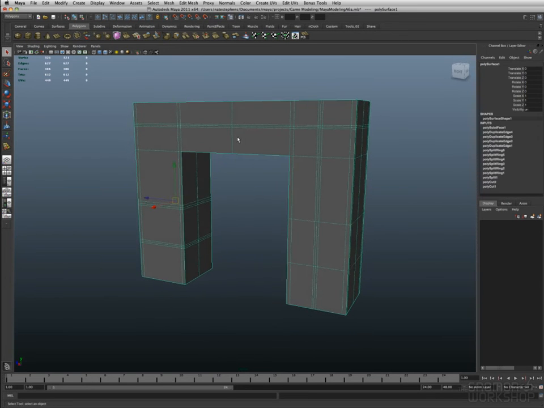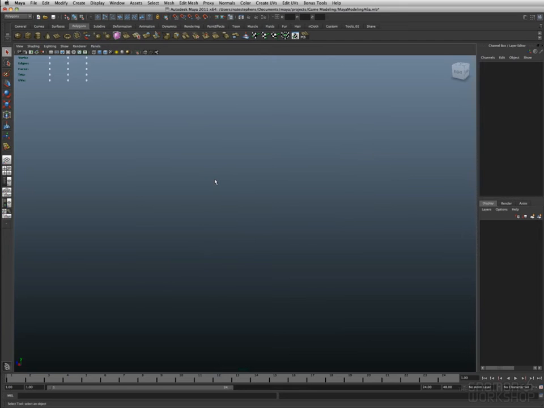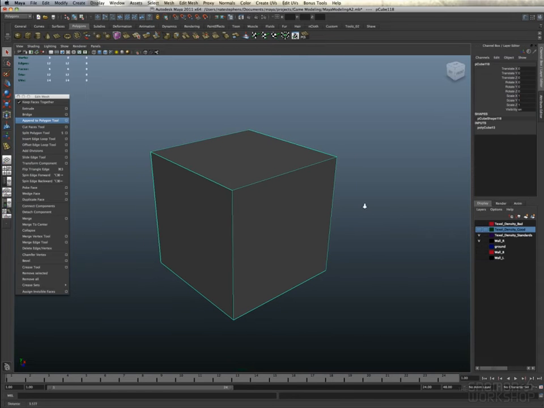Alright, so moving on, let's undo that. Delete the construction history of this piece, and let's just get this out of the scene for now. And what I want to do is go to the Polygon tab and create a new cube. You can also see that I have now detached the Edit Mesh tab to a menu on the left-hand side,